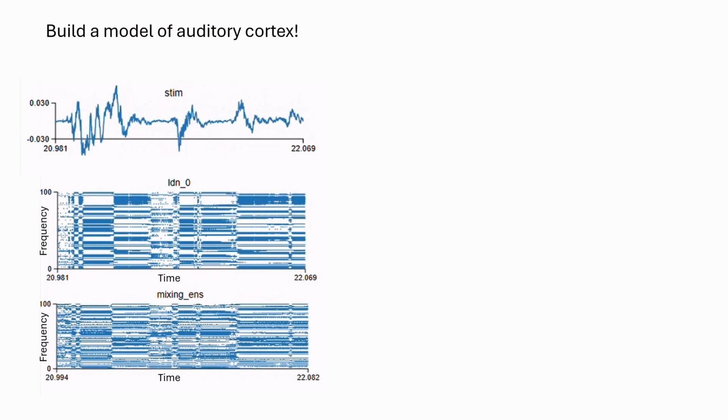So we've built a model of auditory cortex. And so what we can do is follow the audio file through the stimulus and look at layer 1 of the Legendre delay network and layer 2 of the model of auditory cortex, which is also a Legendre delay network. And what we're looking at is the neurons that are tuned to each frequency over time.